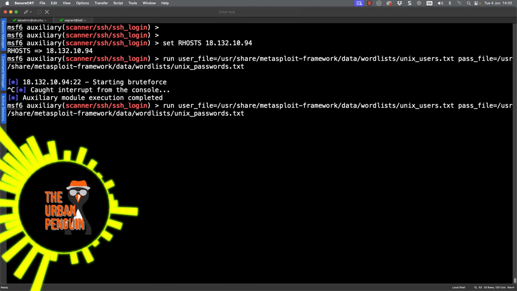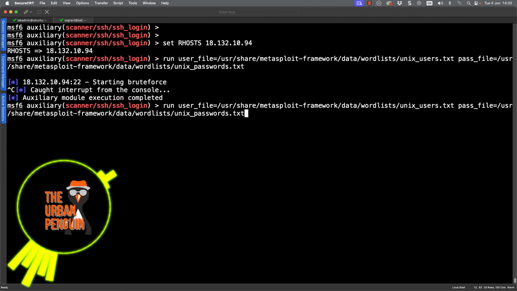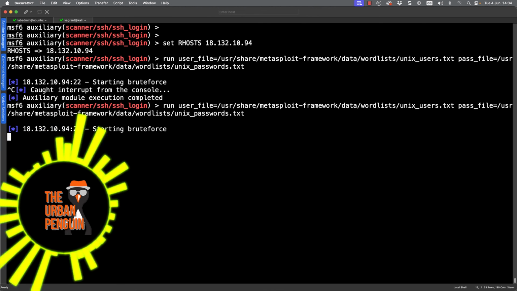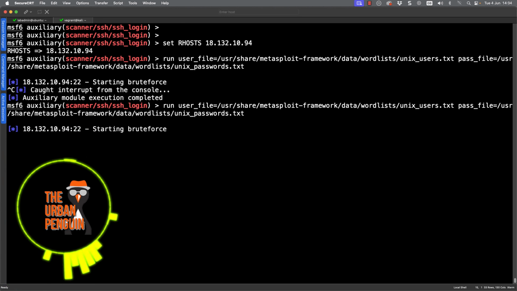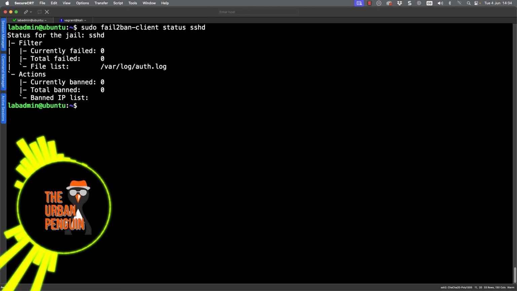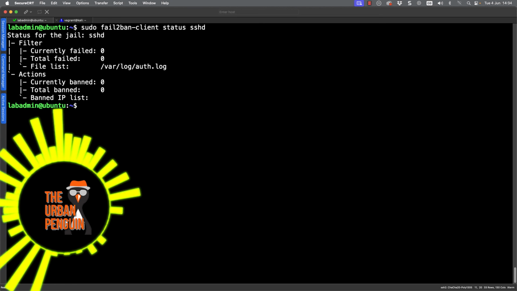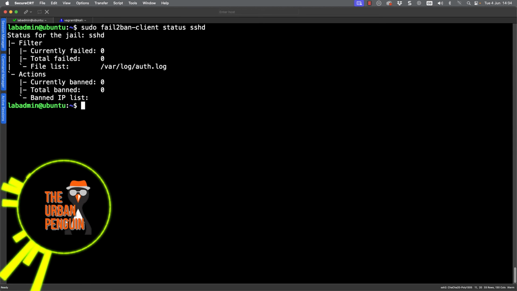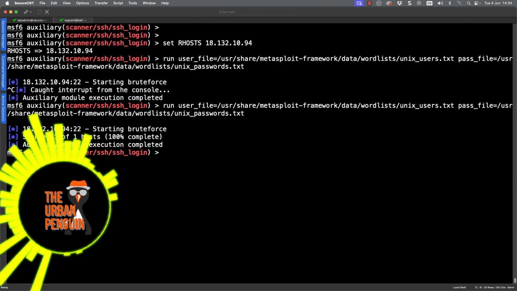But if I go back to my Kali Linux system, and on my Kali Linux system, if I then go through and run the same attack as I did before, we should find that I lose my connection as I am banned or firewalled from accessing the system. So we can see we've started our brute force attack, but returning through to the AWS server, I'm no longer in control of it. I can't move up and down. I can't do anything. I've lost my SSH connection. So this is good. I have been banned.